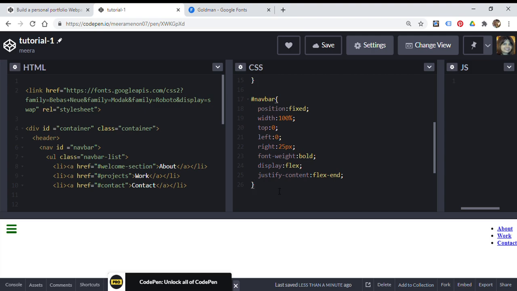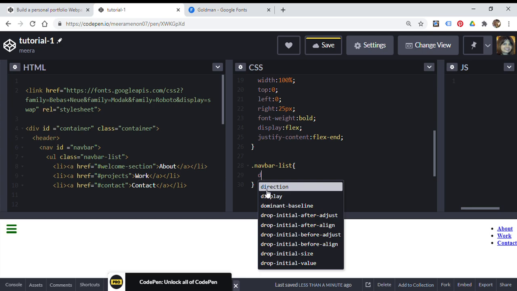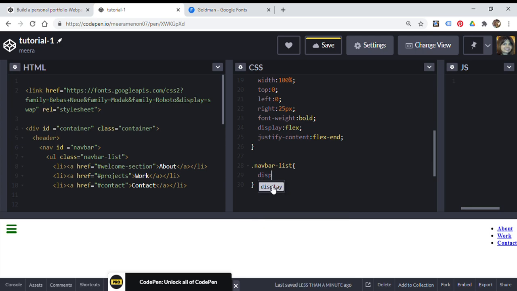Okay. Then I want to make the list because the li elements you have to adjust for the navbar, right? We've done the CSS earlier, so we have a class of navbar list. If you remember here, UL class is navbar list. So dot navbar list. I want to do the CSS for that. So I do the display, sorry, as flex end again because this is what I've chosen for this particular site. Okay, done.